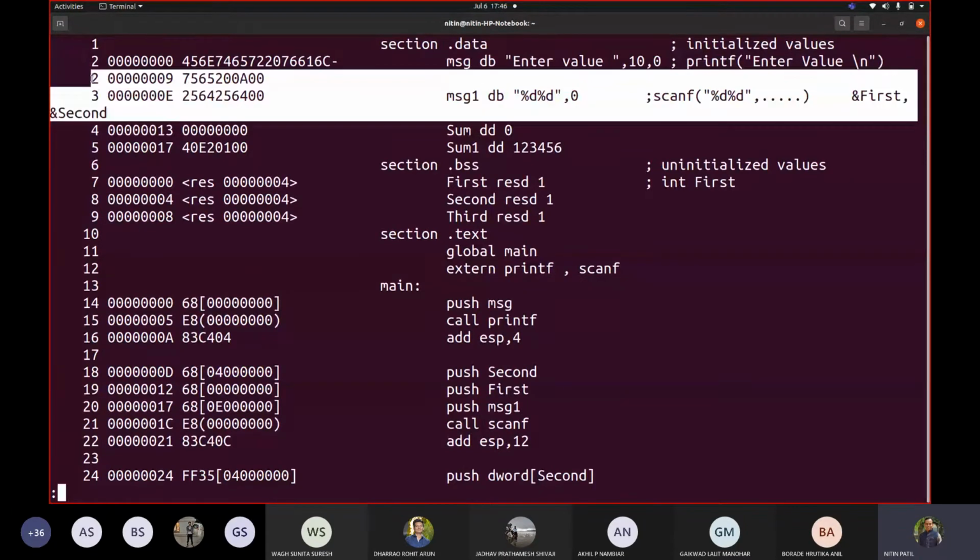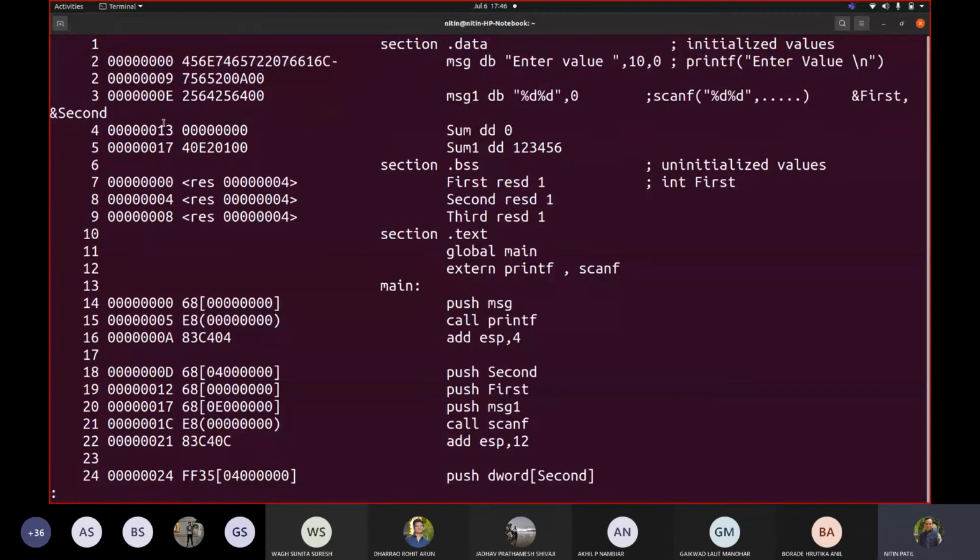The second is done, first and second, correct? Now this is your next variable, sum dd. Now if you write 0, this would be converted to 4 bytes because you took dd. So that's why 0. So if you try to convert this decimal to hex and then write it in little endian, this is written in little endian notation.